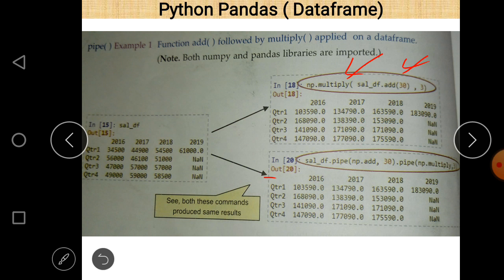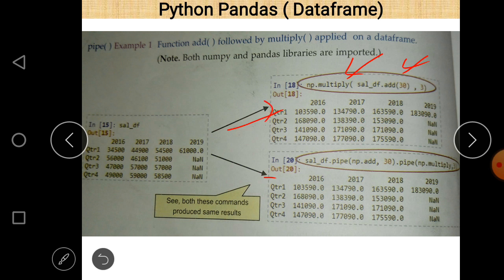So first of all, what happens in this data frame: the first work to be done in this case is that 30 is added to each and every element of sal_df, which is the name of the data frame. And after that there is a multiplication by 3 on the output of sal_df.add(30). So this is a chain here, that's why we got these elements here.